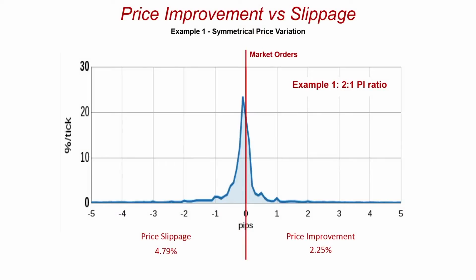Today we're going to talk about price improvement or positive slippage. We're all very well aware of negative slippage, but too often as a client you're not benefiting from price improvement. Now on the LMAX Exchange, or indeed any central limit order book, it's natural if you fire in a market order that occasionally you're going to miss that price and get negative slippage, and on other occasions you're going to